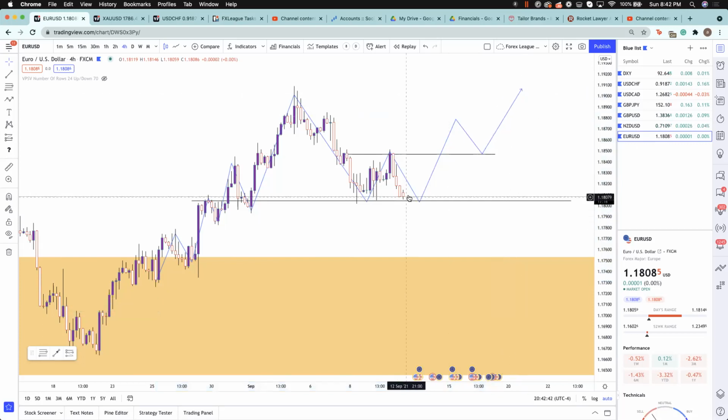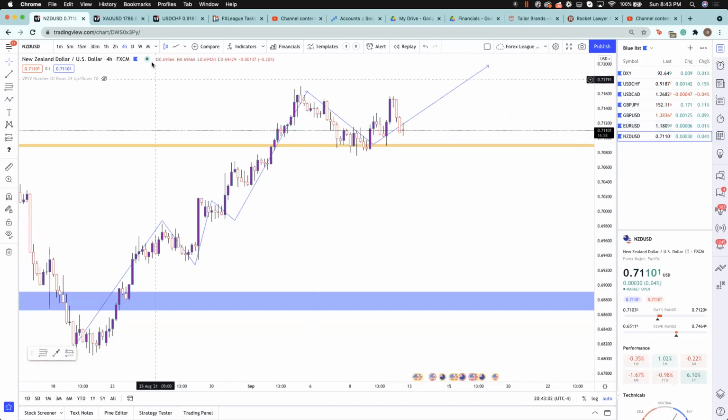So we're going to wait. I don't want to necessarily buy it here. It could then fail and move to the downside because I don't like how this lower high already was made. So we're going to wait for this more break and retest on that one. And then obviously if this thing does break this support level, then we are just going to take some sells to the downside. So that's EU.